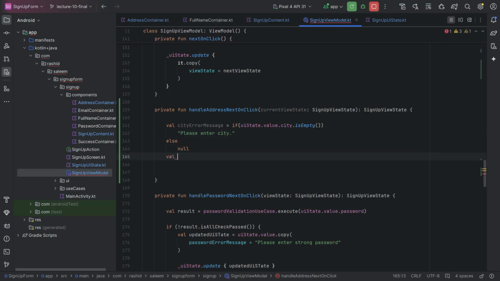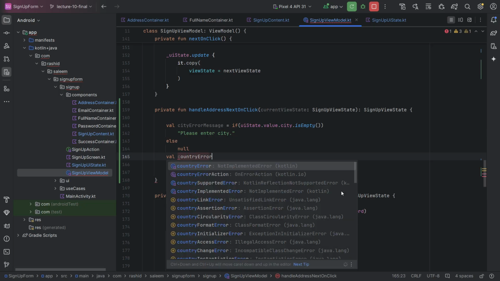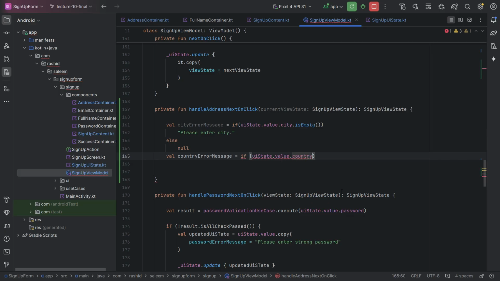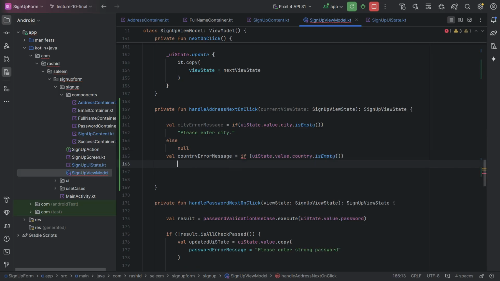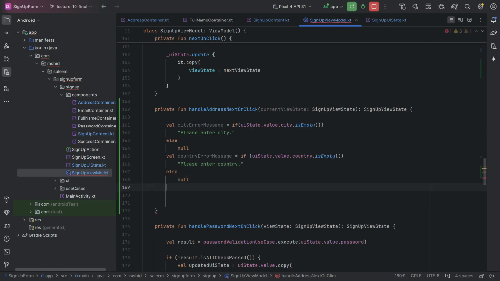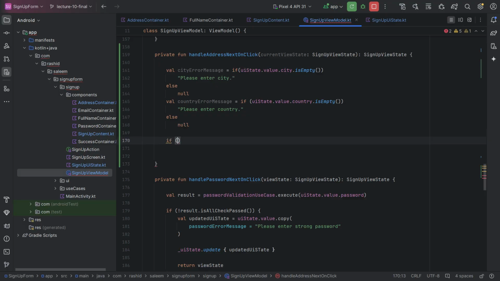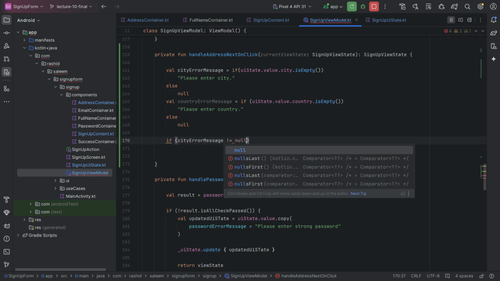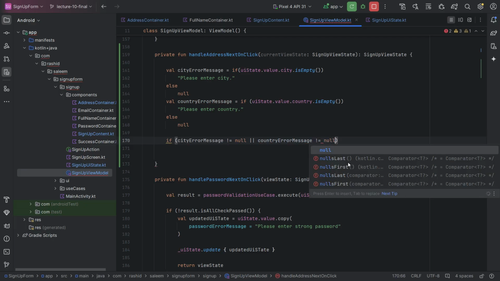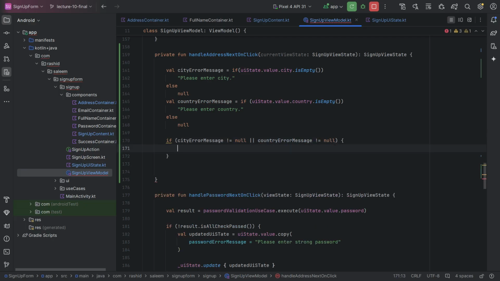And the second is country error message, if uiState.value.country is empty, then we show the error message, please enter country, otherwise null. And the next check is if any of these variables contain an error message or not. So if city error message is not equal to null or country error message is not equal to null, then